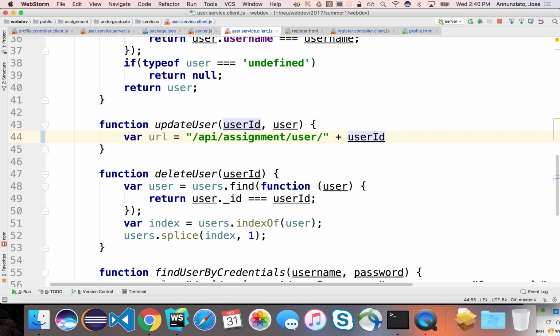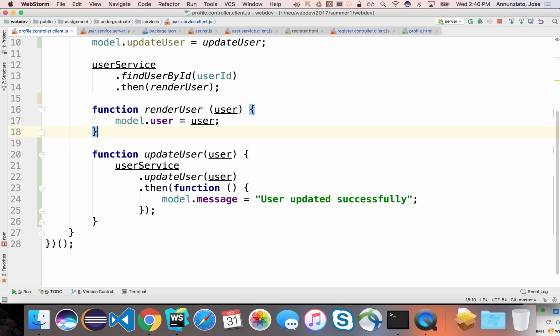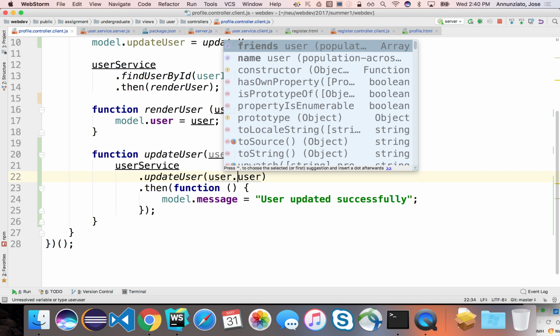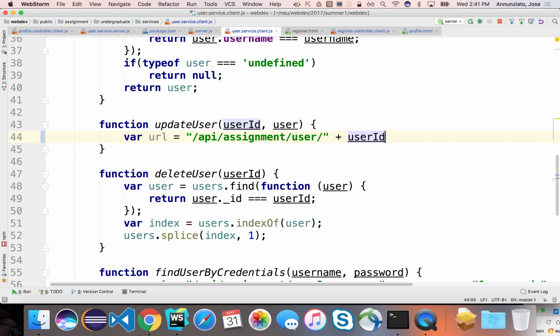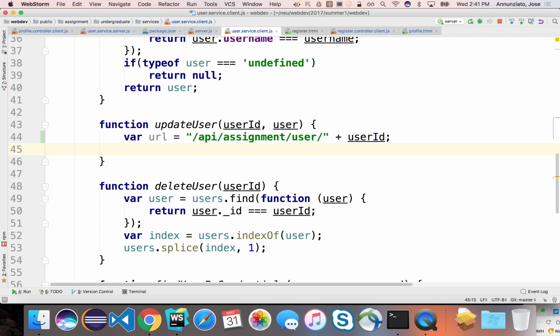Although I don't believe I'm passing user ID as an argument. Am I? I don't believe so. I'm not. Although it's a little bit redundant because it's in the user object anyway, right? User._id. Even though it's part of the object, it's a good practice to pass it explicitly as a separate parameter. Okay. There it is. So I have the user ID, and now that I have the URL, I'm going to